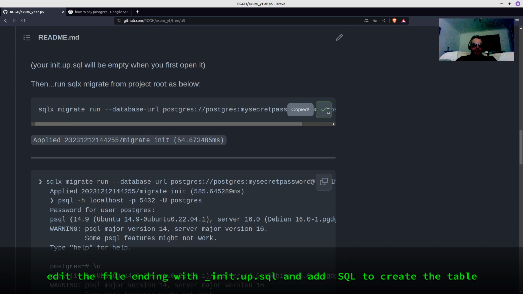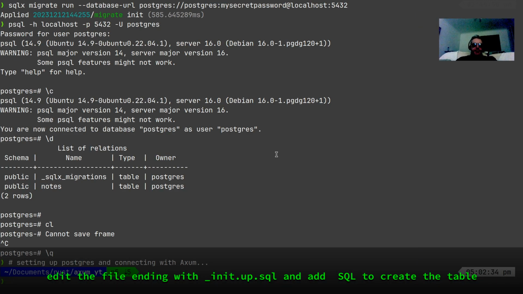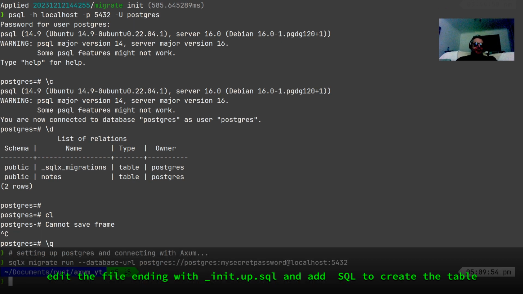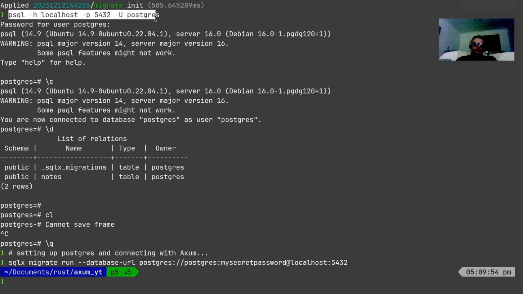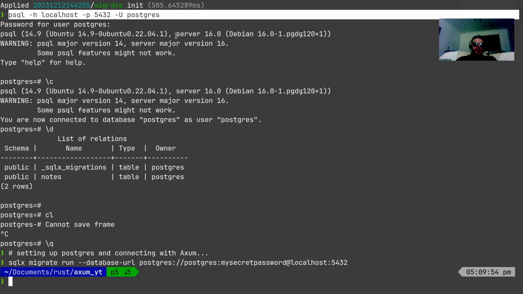So I've already done that. So what I'll do is I'll work backwards, if that's okay. So this is what I did to generate it. And then to actually just go in and inspect it,